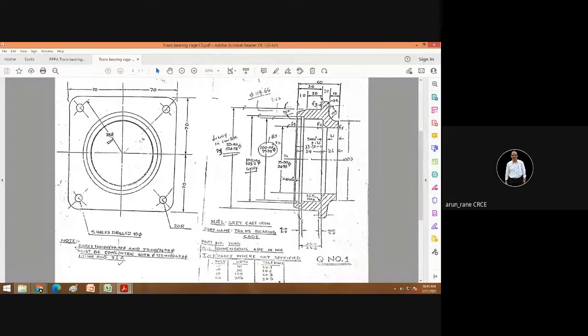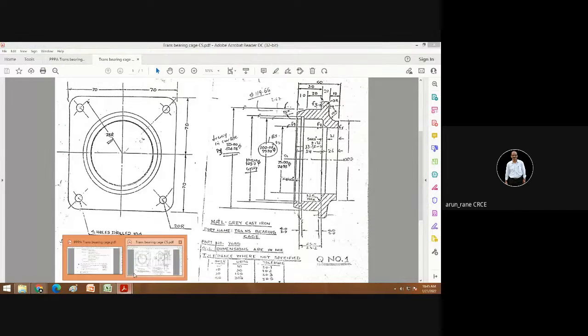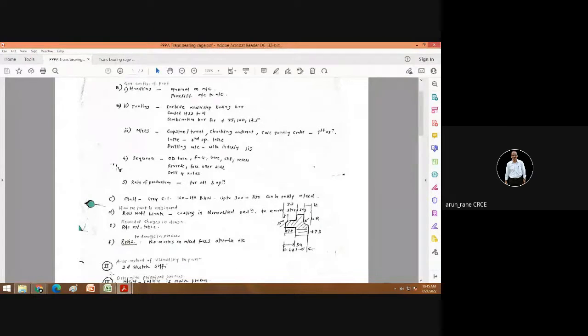So you can complete this bore as well as this undercut, then this taper and chamfer. Also you can do this OD turning, this taper turning, and this face. So try to do the maximum number of operations. This is operation 10.